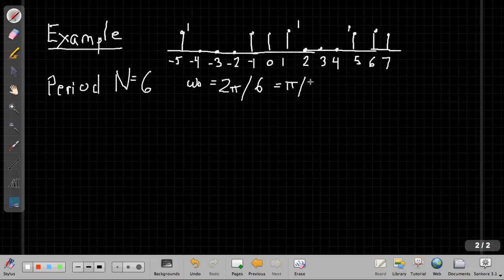It's usually easier just to hold that aside till the very end, or near the end, to work things out in most problems. So I'll start right in and say, if I want to find a sub k, I start from that same equation I had on the last page. So a sub k is equal to 1 over N, and then I take the sum